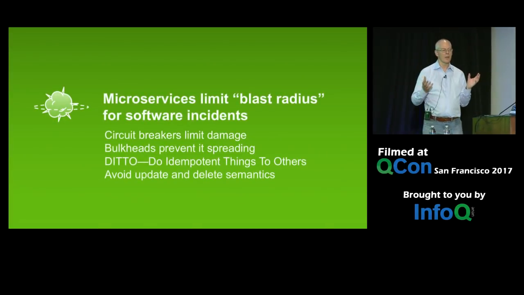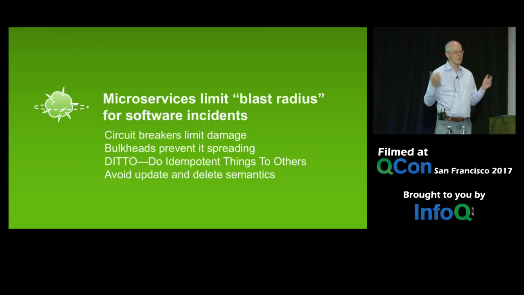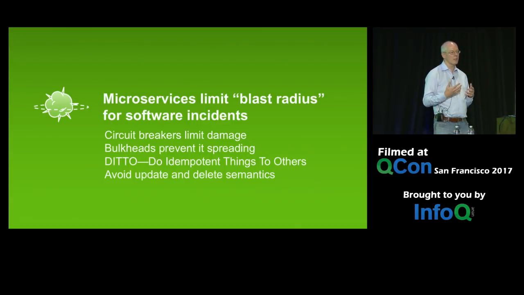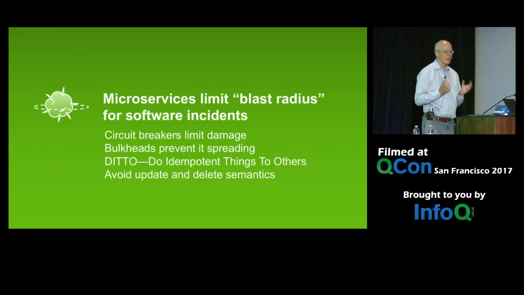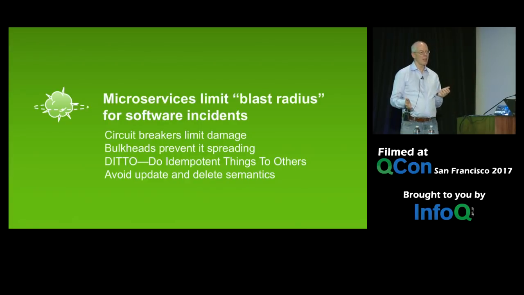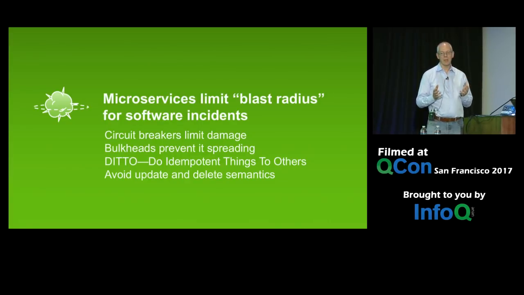Because with a monolith, it's really hard to test because it does so many things and has so many conditions that it's going to be difficult to test all of its error cases. But a microservice that does one thing, takes one input and gives you one output, and has a bunch of dependencies, you can reason much more about what it's going to do. You can put circuit breakers in there to limit that data source. You can have bulkheads to prevent failures spreading.